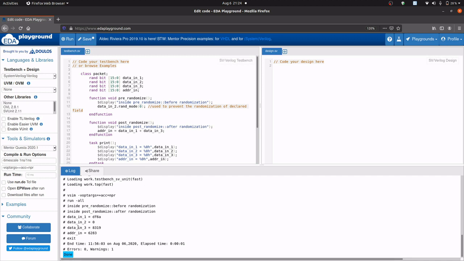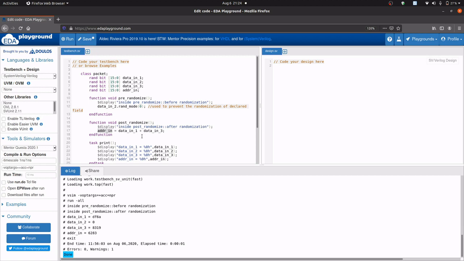Then data_in_3 is 8319 in hex, and address_in is 6283. Although we wrote rand, this function overrides the value of address_in, which will be the sum of data_in_1 plus data_in_3.